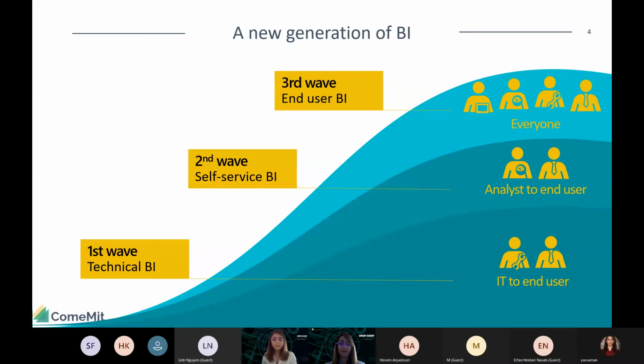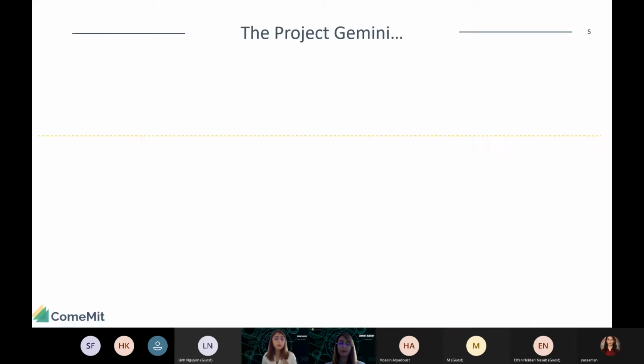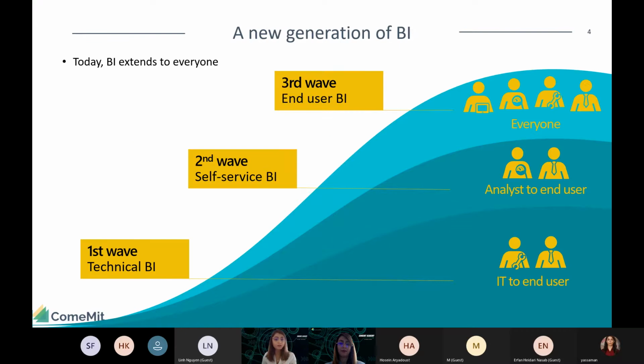This is one of the reasons that Microsoft and also a lot of other big companies like Amazon, SAP, Qlik, they're all focusing so hard on end user BI and self-service BI, because we are exactly at a transformation edge right now because of all of these stories.